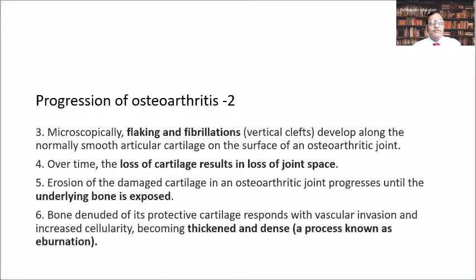Microscopically, flaking and fibrillation occur in the cartilage. Fibrillation is the vertical cleft, whereas flaking is on the superficial surface. Over time, the loss of the cartilage will happen, and radiologically it is seen as the loss of joint space. The erosion of the damaged cartilage progresses